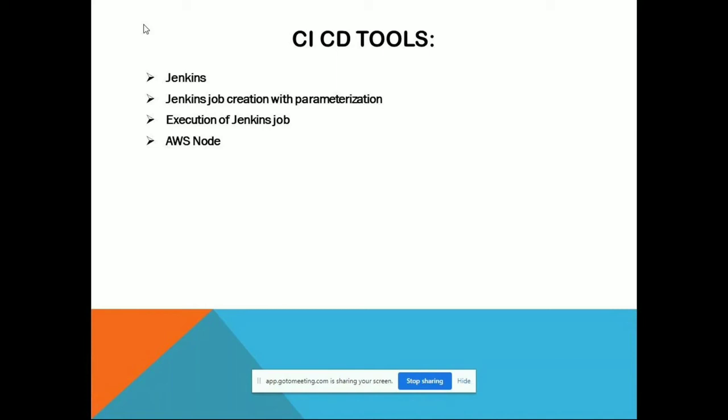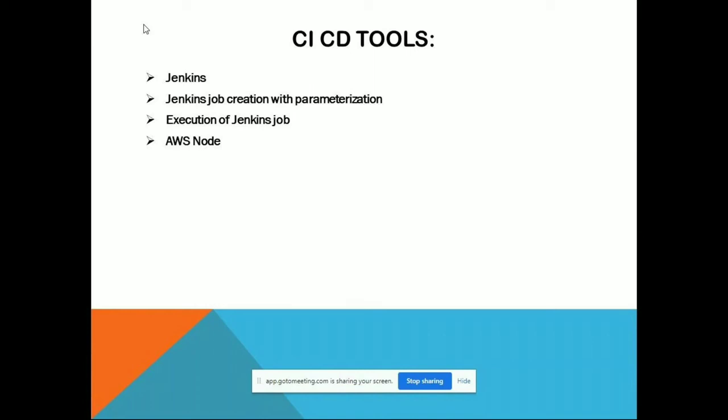After writing your automation scripts, if you want to run on your local machine, you can execute it at any time. If you place it on a central server, you can execute it on any machine all over the world by connecting with the internet. You can execute on any machine by using the CI/CD servers.